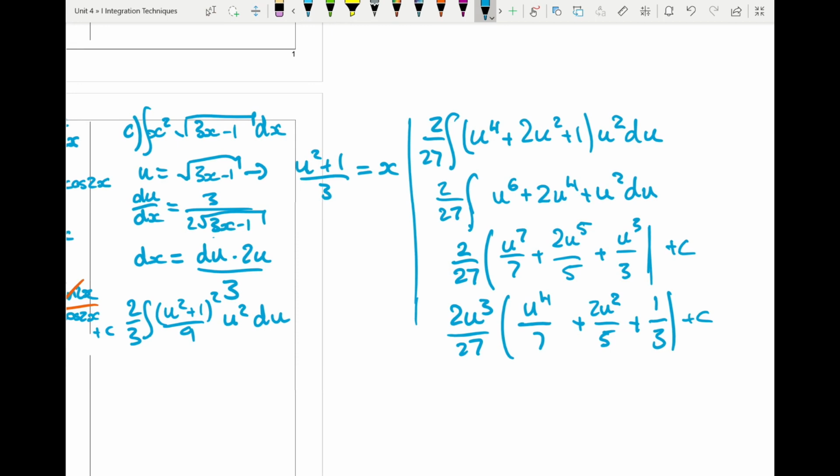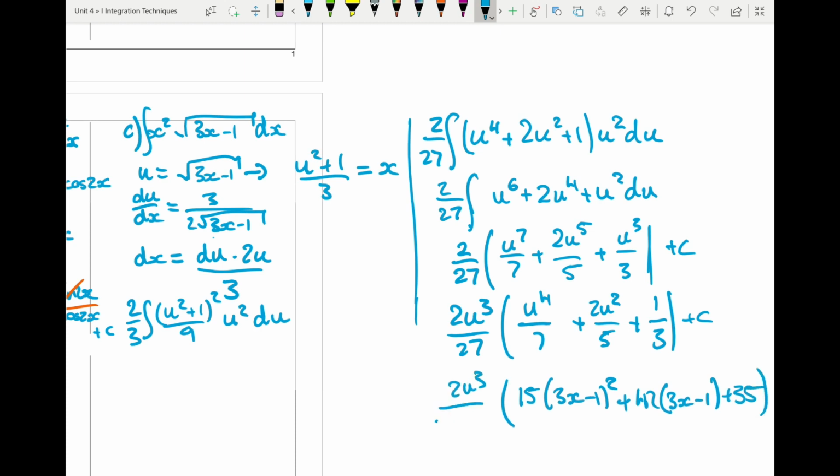So what we can see here is that inside of our brackets we've got u to the 4 and u to the 2, and because our original u was square root of 3x take 1, this is actually just a polynomial. So it takes a little bit of work, but this then becomes 15(3x take 1) squared plus 42(3x take 1) plus 35, and that's all being multiplied by 2u cubed over